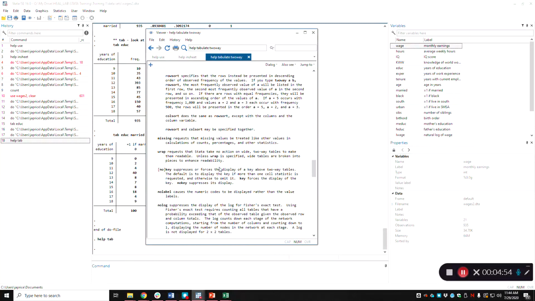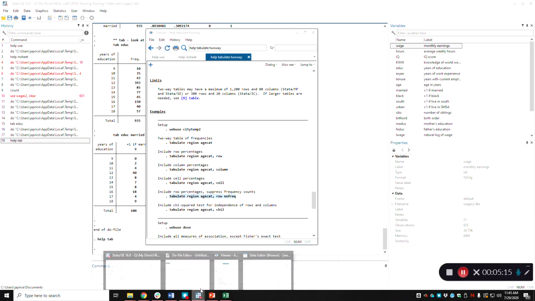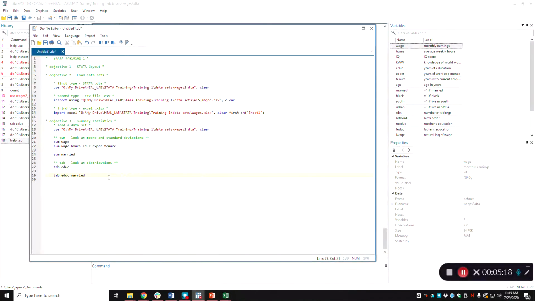As you scroll to the very bottom, this will now give you different examples of how to do that. So web use is a data set loaded already in Excel or in STATA. If you do this, then you can just run these on this data set, city temp 2. One thing that's very helpful is row no frequency. To show you what that does, I can just copy this command here, add comma row no frequency,